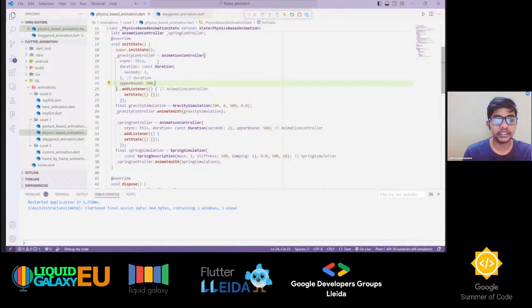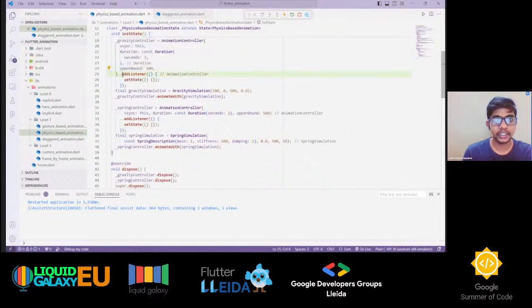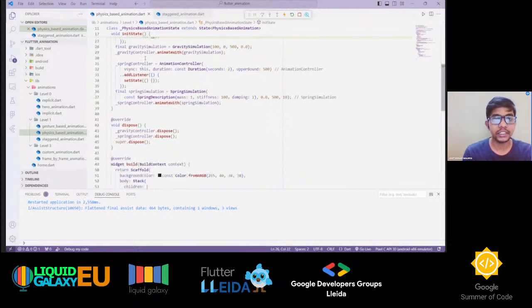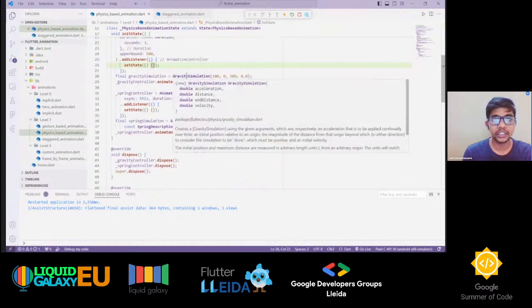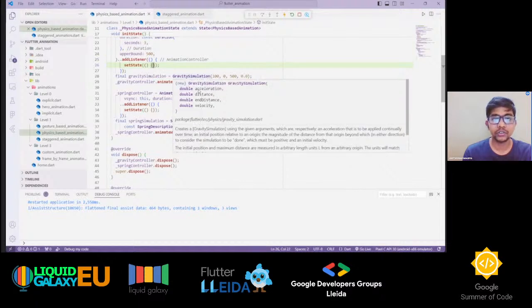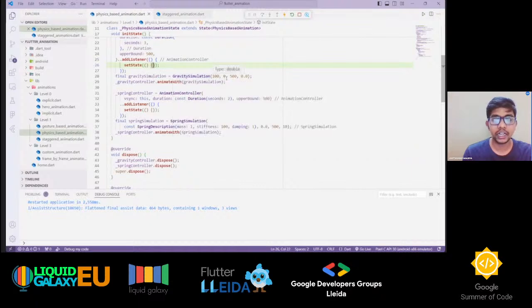Whenever there is a change in anything, this add listener will listen to it and set the state here. If you are making another application, you will be setting the state of any other variable you want to change. And here is a gravity simulation. This is an inbuilt class. You just have to provide the acceleration you want, the distance and end distance, and velocity. I have provided an acceleration of 100 and